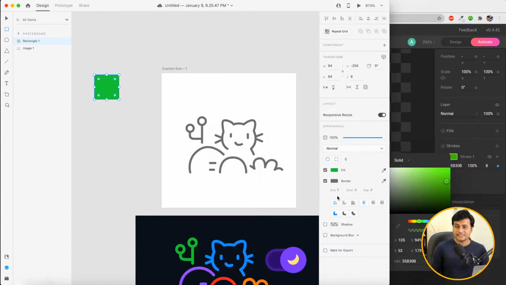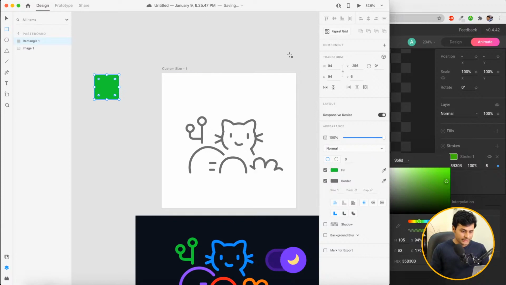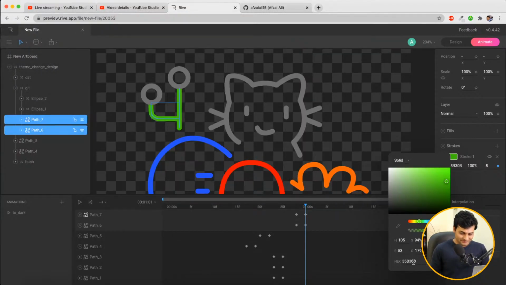So Adobe XD is really powerful. It's really helpful. I use it all the time. So we got the exact hex code that GitHub is using. So GitHub should not send me a notice of copy paste copyrights. Okay, so I'm now using the exact green which GitHub is using,